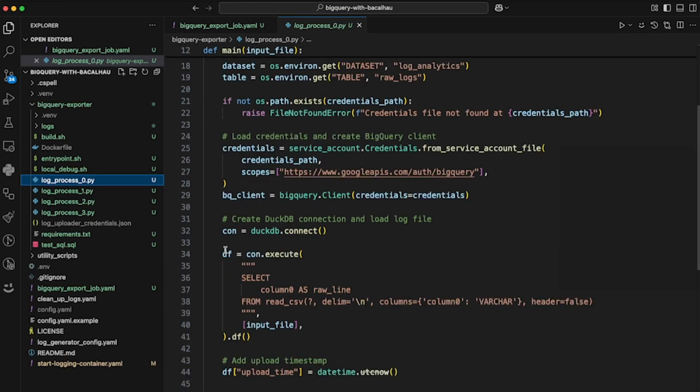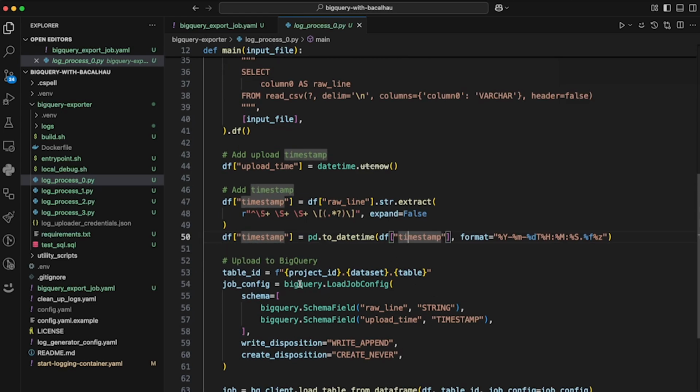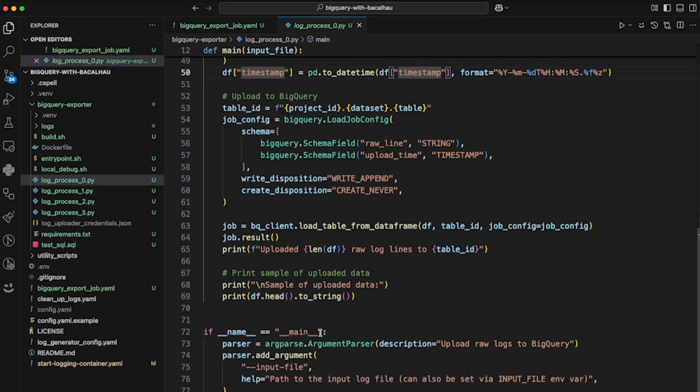And you can see all the magic here is in this DuckDB connect. It connects to that raw log file on that machine, that access.log. It's going to read it in and put it into a single column, which loads it into a data frame, and add a timestamp to that. And then from that, it uses BigQuery load job config, where it pushes all that into our data on the